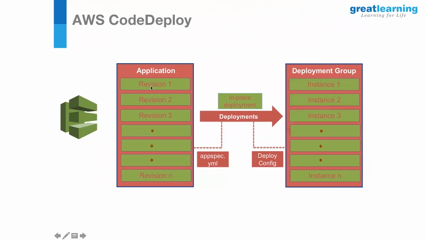A revision is a specific version of deployable content, which could be source code, post-build artifacts, web pages, your executables that you have created, and the deployment scripts, along with the appspec file. That's a key thing here. We'll see what it is. The AWS CodeDeploy agent can access a revision either from GitHub or an Amazon S3 bucket. So we saw CodeBuild will build the artifact and upload it to S3. If you upload it to S3 here, the revision will be pulled from S3 using the AWS CodeDeploy agent and installed. That's how it works.